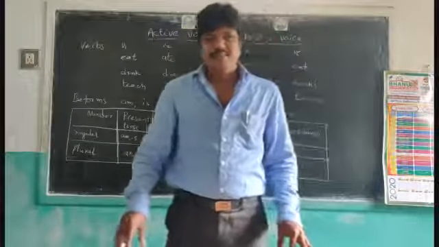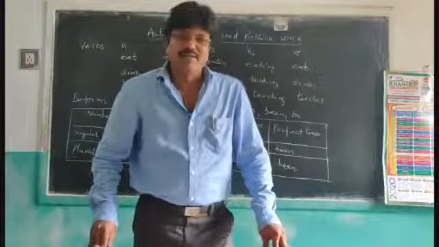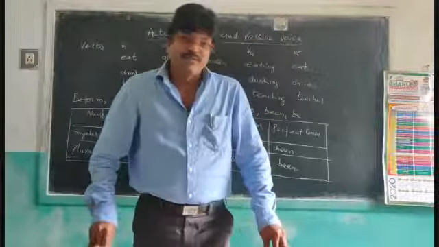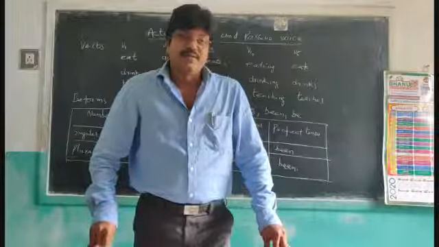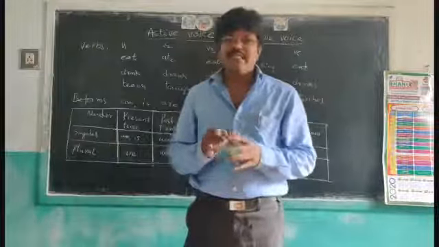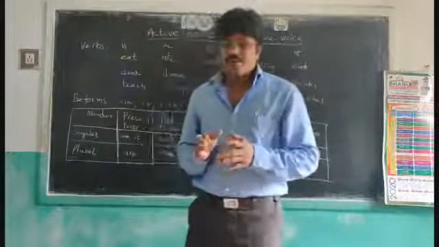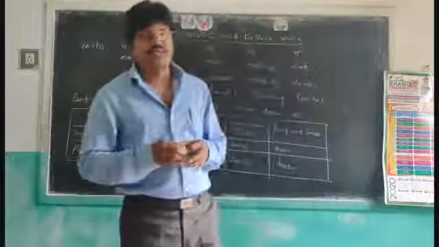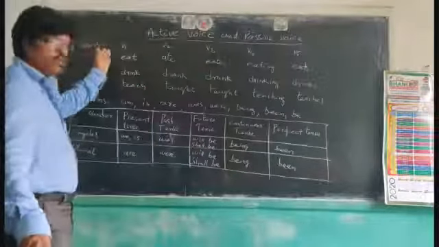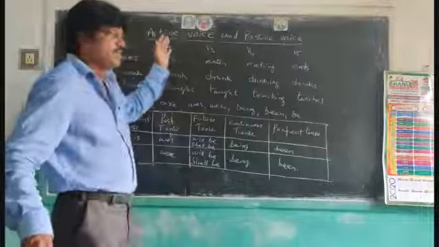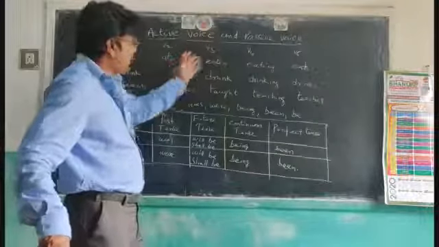So in each main tense, only 3 subtenses have the passive voice: simple present, simple past, simple future, present continuous, past continuous, future continuous, present perfect, past perfect, future perfect. So children, how to change each sentence, how to identify these tenses, you must observe. And also you must know the verb forms V1, V2, V3, V4, V5 to write passive voice correctly.